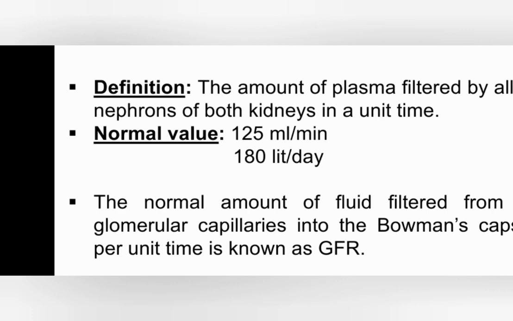The same plasma is filtered out repeatedly as glomerular filtrate, and most of it is reabsorbed back into the blood. Just think about the logic. Almost all the plasma except the plasma proteins and the blood cells is filtered out as glomerular filtrate. Again, when it passes through the tubules, PCT, DCT and so on, most of that fluid is reabsorbed back and enters the blood. By this way, the total amount is 180 liter per day.